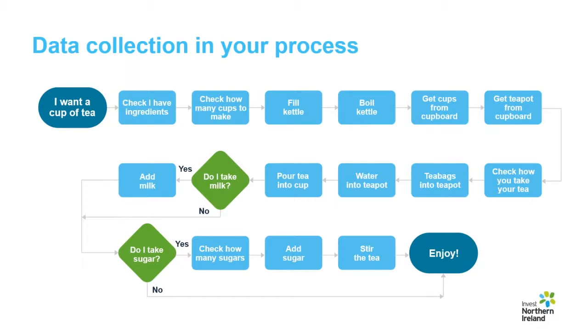When you're collecting data in your process, it can be useful to show where you're taking measurements on a process map, so it's totally clear to everyone exactly what's being measured to remove any ambiguity. The feedback from the customer told us that the tea was too cold. In order to identify the process step where the failure occurred, we measured the temperature during different steps in the process, as shown here, and found that the temperature of the water didn't rise as much as expected between the first and second data collection points, which would suggest that something went wrong when we were boiling the kettle.